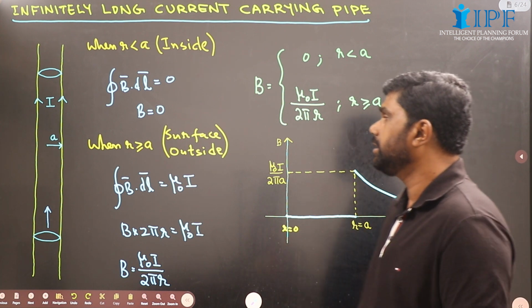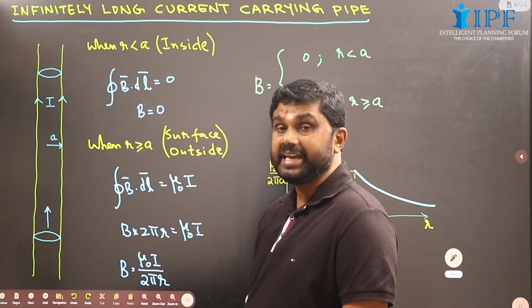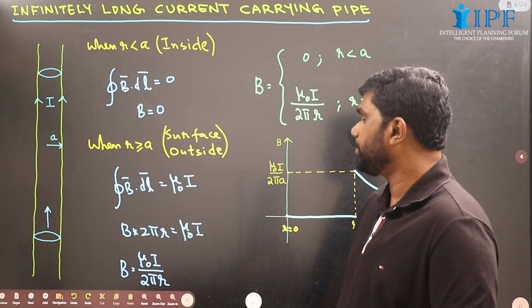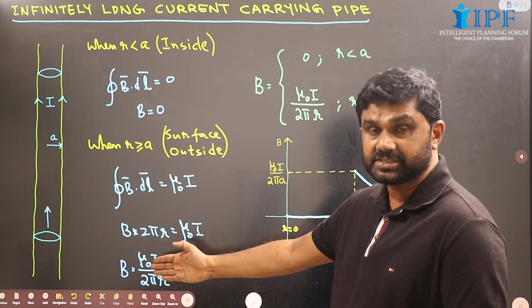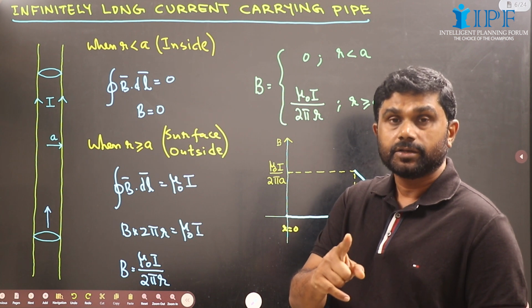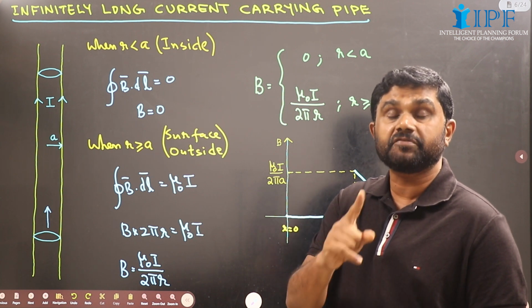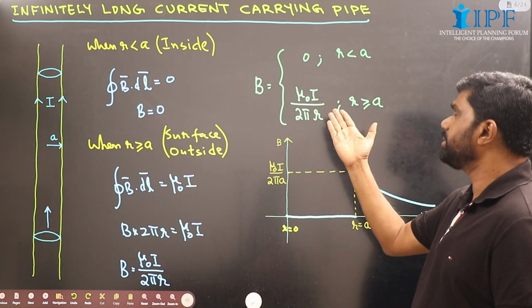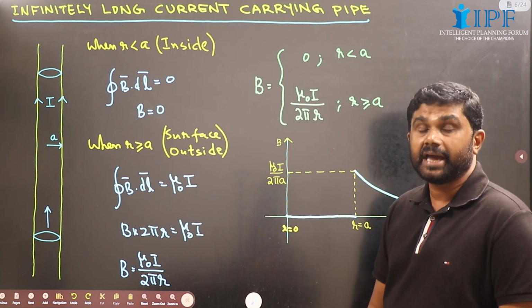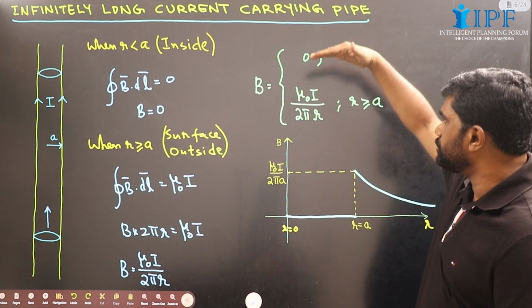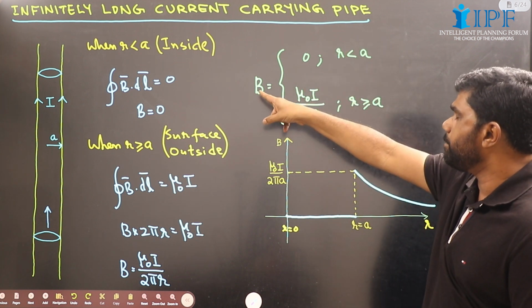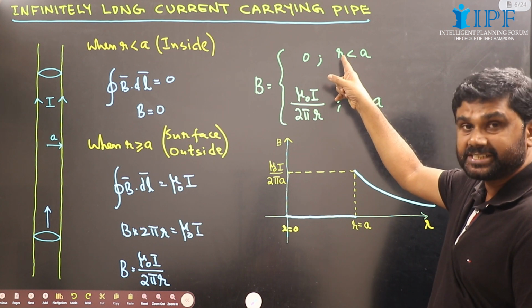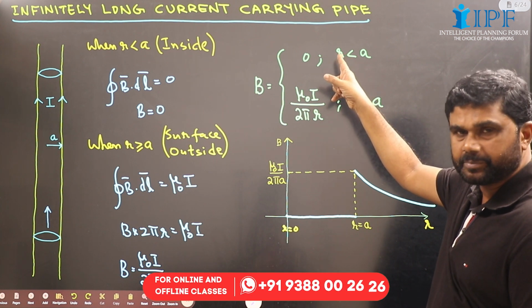Just like that, the magnetic field intensity inside the pipe will be 0. And outside the pipe, the magnetic field varies exactly similar to the field due to an infinitely long straight conductor. And this is the function of the magnetic field, and it is given in two steps. B, magnetic field intensity, is 0 when small r, the distance of the point of observation from the axis,